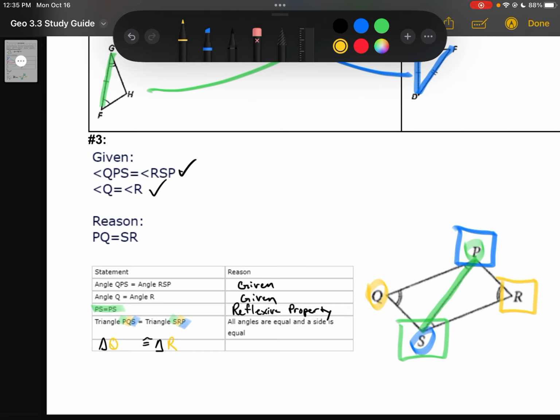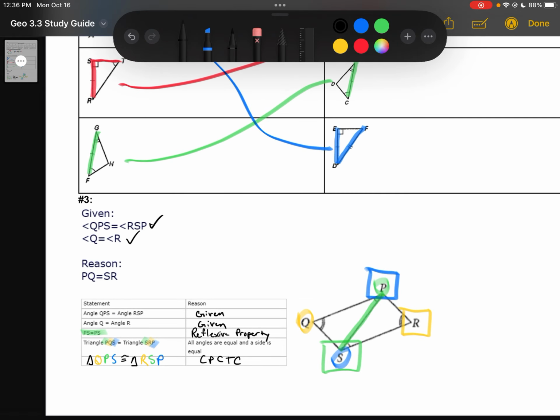So Q and R, and then we can go the circle around P in this one to the box around S in this one, and then the circle around S matching with the box around P. So QPS equal to RSP, and then for this one we can use our CPCTC property. Corresponding parts of congruent triangles are congruent. So that is the proof for today. Again, relying on some old properties, some new properties, but putting everything together, we can get our final